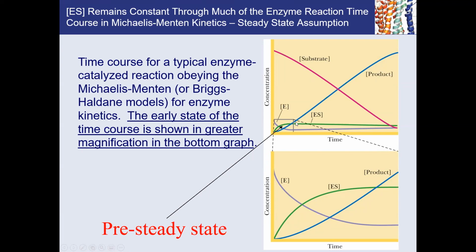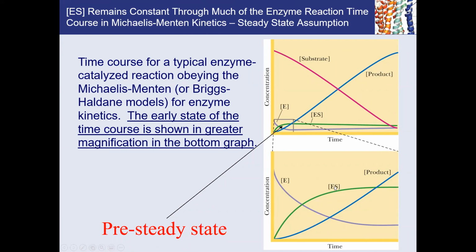And then you actually see that blue line, you are forming more and more product as the substrate concentration goes down, as more and more of substrate is being consumed to the product. But during the entire time, the ES concentration remains constant. That's what you have to pay attention to. Even when the substrate concentration is low and you have formed most of the product, the concentration of ES remains constant. That's steady state. But if you had some means to look at this initial plot and zoom it out, we call that